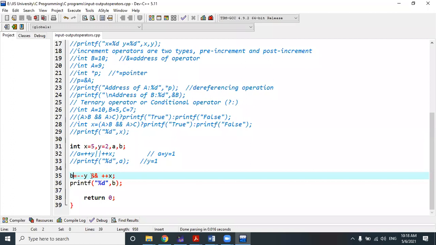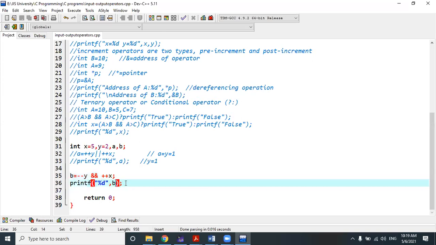If both the expressions are true, then it will store 1, not 6. I was wrong. This logical operator means if both the expressions are true, then only it will store the true value to the assigned variable, that is b. So this expression is true, plus plus expression is also true. That's why it gives a value 1 assigned to b.